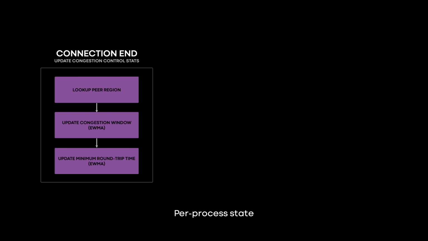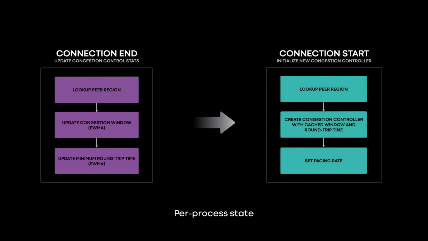And what do I mean by that? We just look up the region of the peer we were talking to during this connection, and then we take the congestion window and the minimum round-trip time, and we maintain an exponentially weighted moving average of these two. Next time a connection is starting, we just look up the region of the peer we're about to connect to, create a new congestion controller with the cached congestion window and the round-trip time,